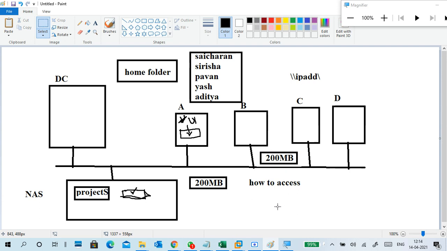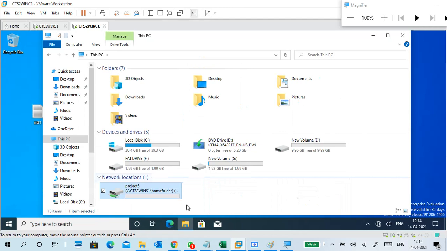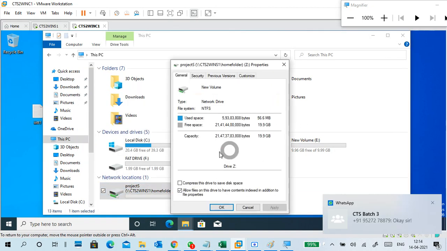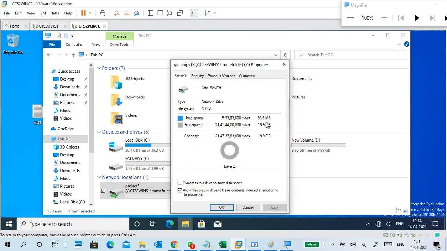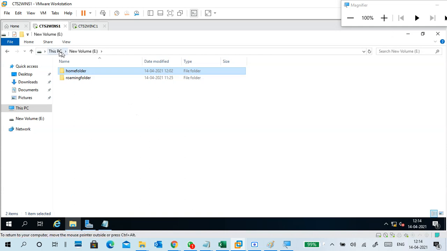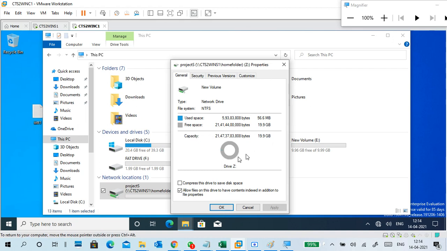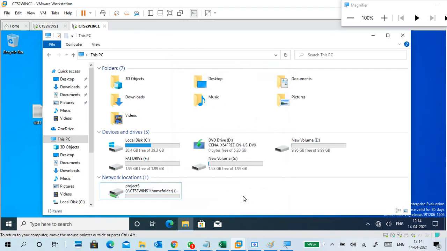Like that, we can resize it also. But if you see here, by default the size of this mapped drive is the free space of the E drive, which is 20 GB. If you go to the properties, you'll see 20 GB. This E drive is my 20 GB, so the entire 20 GB is available. Okay.